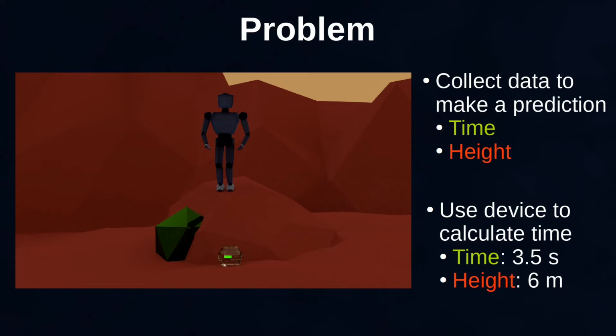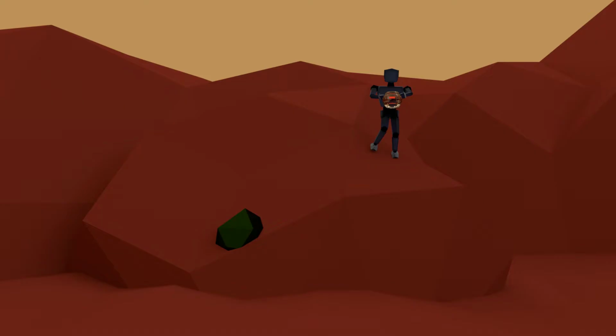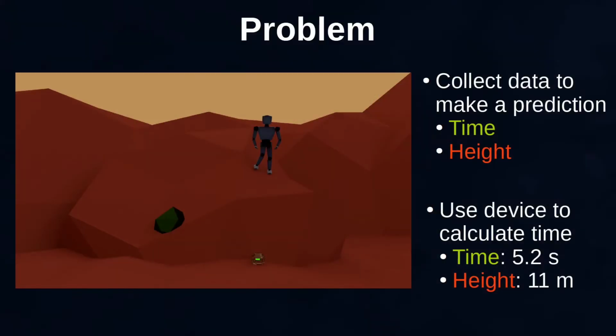So, the robot repeats these experiments several times, and every calculated time from the device is associated to a specific height calculated from the sensors of the robot. In this other example, the robot climbs a large rock and repeats the experiment, but this time it obviously takes longer to fall given the increased distance from the ground. By the way, the green rocks are some of the minerals that the robots are looking for, but at the moment the main focus is to save the scout.